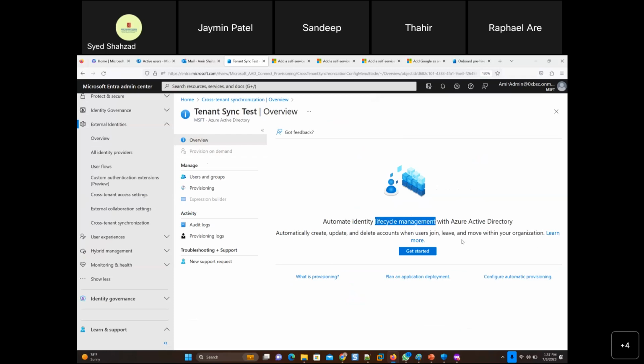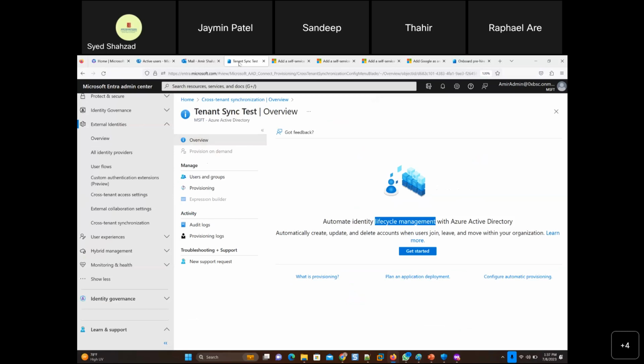So Jamin says identity includes only users. Well, identity includes service accounts, service principals as well. So yeah, anything that has a username, password, and can access your resources. Yep. Cool. So service principal is used only for applications, and service accounts are also only used for applications. So yeah, identity includes all of those as well. Even applications, well, when an application needs authentication, they use a service principal.